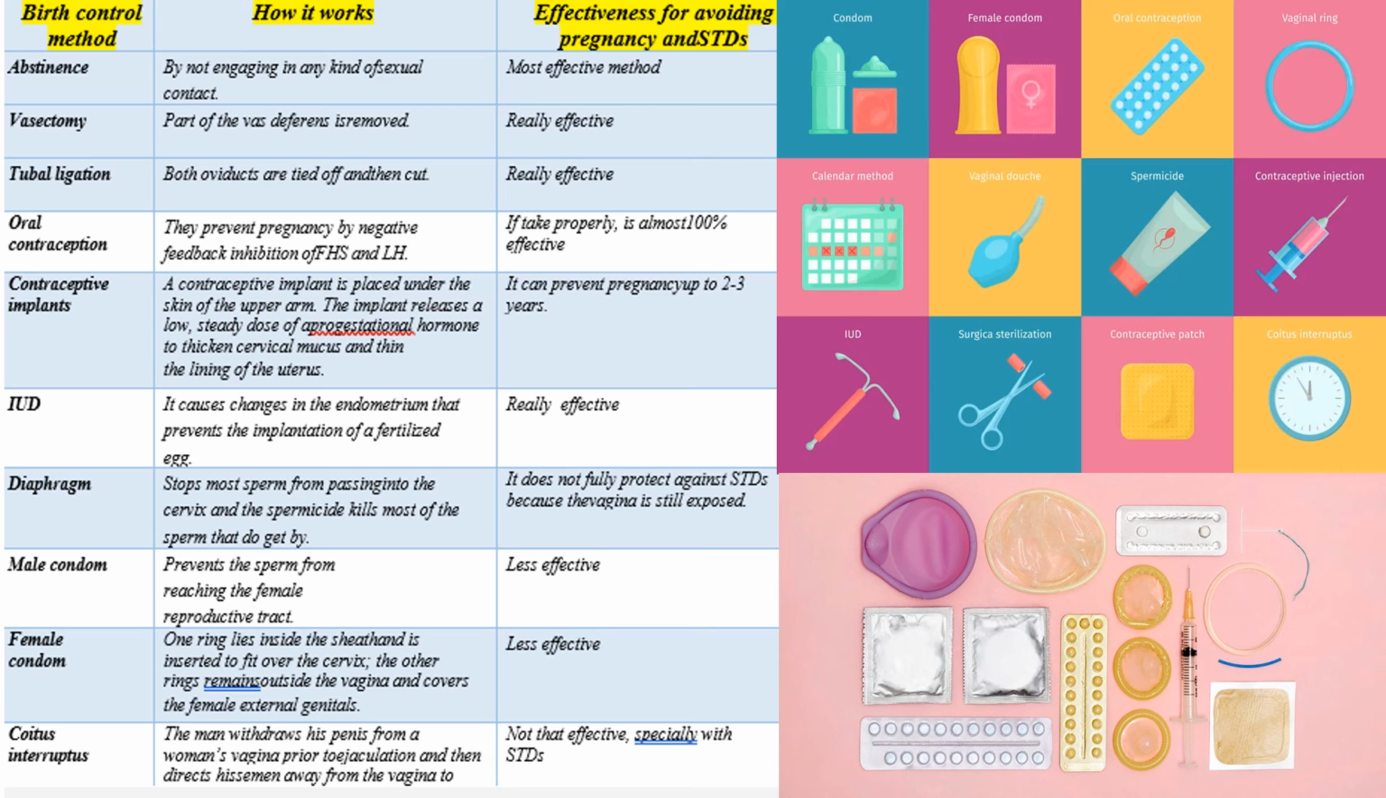And we have, last but not least, the coitus interruptus. This is really bad. It is not that effective, of course, especially with STDs. The man basically withdraws his penis from the woman's vagina prior to ejaculation and then directs his hands away from the vagina. But this has a lot of things that are not good since before raining it starts to